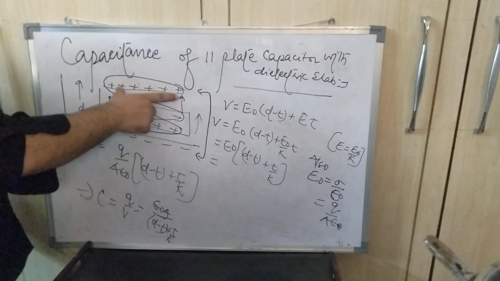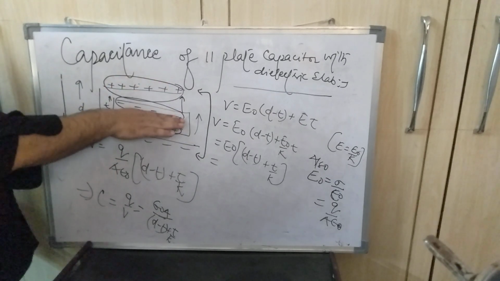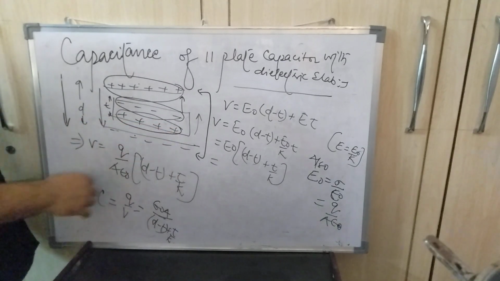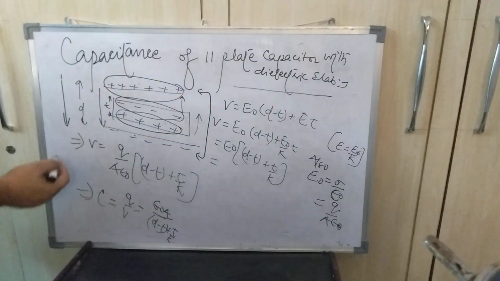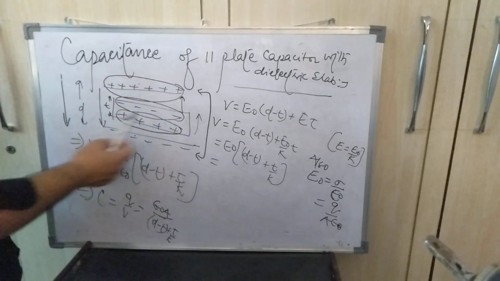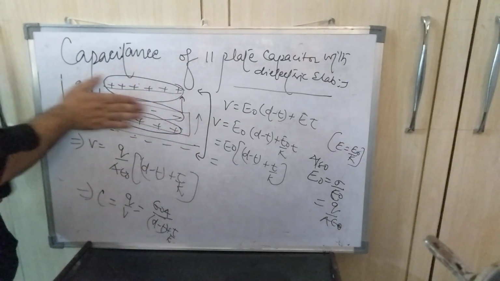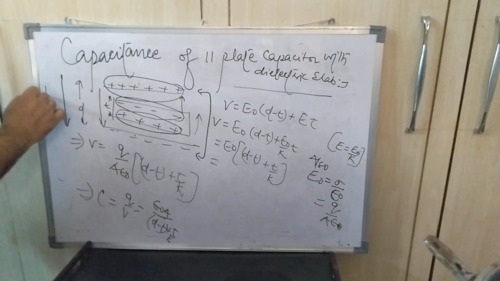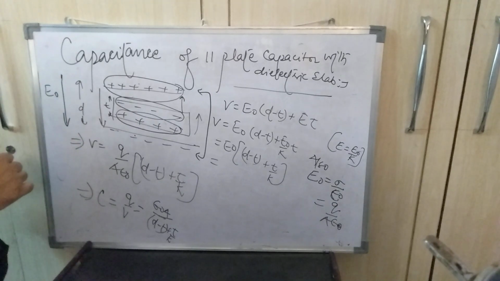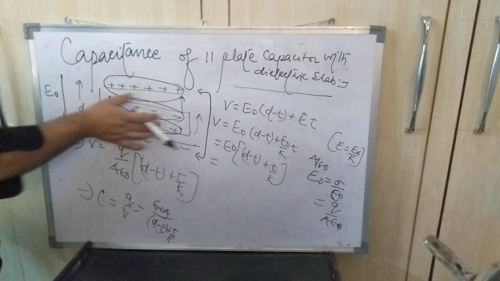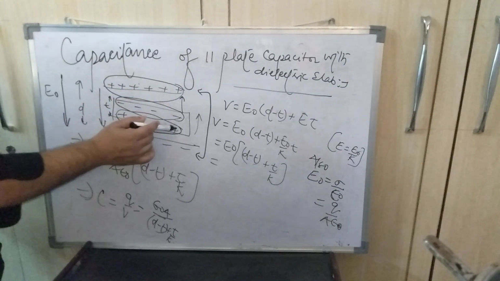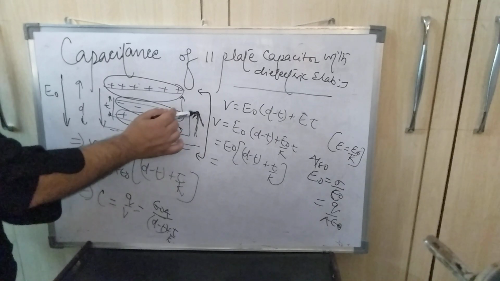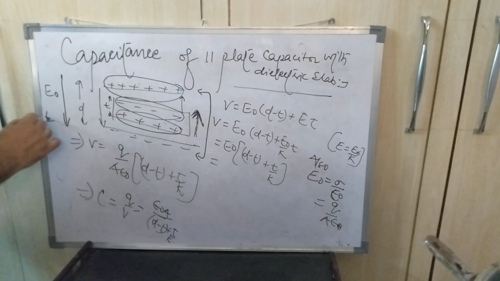इसके इलेक्ट्रॉन इस पॉजिटिव चार्ज से अट्रैक्ट होंगे, that's why the electrons are shifted up and the remaining positive charge is shifted down. That's why there are two electric fields acting simultaneously. One is, let's suppose the slab is not there. When the field goes from plus to the minus, suppose it becomes E naught in the space. When the slab is placed in it, there is also a field from plus to the minus in that direction. Let's suppose it becomes E.